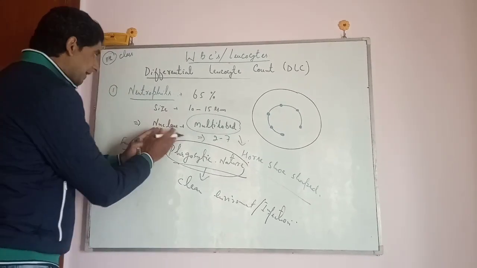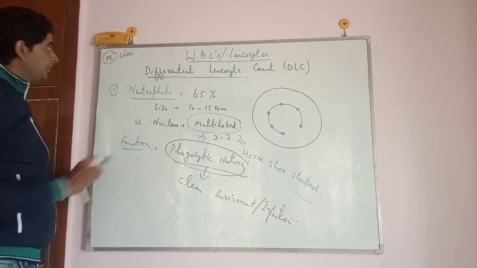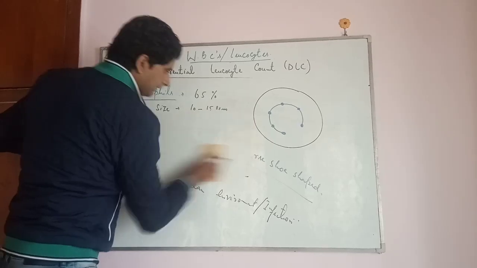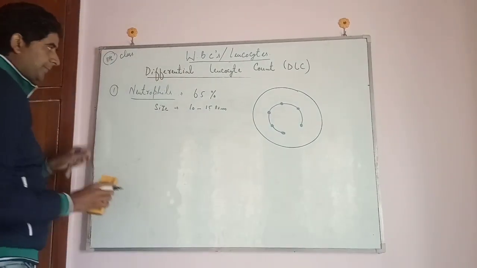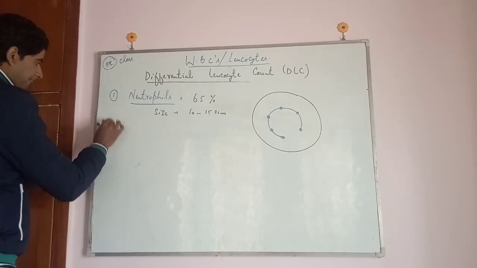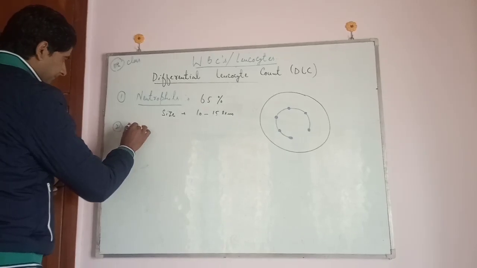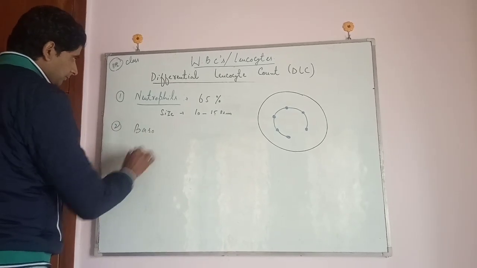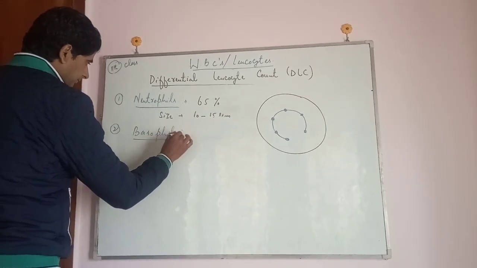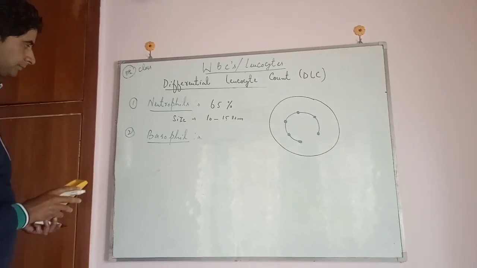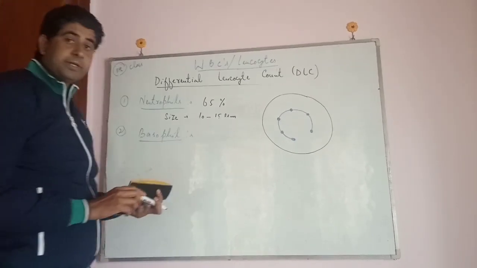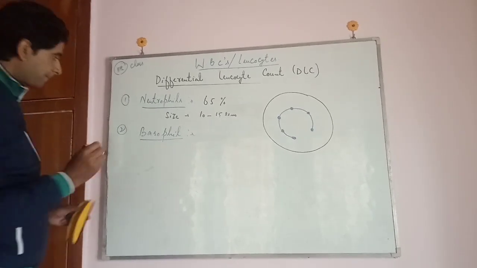So it's the first type of WBC, that is a neutrophil. Now, moving towards another type of WBC, that is basophil. These basophils have been so named because they take up